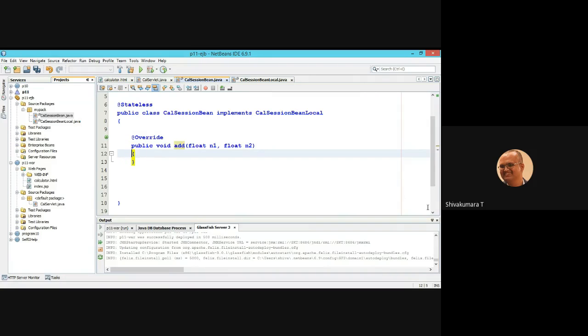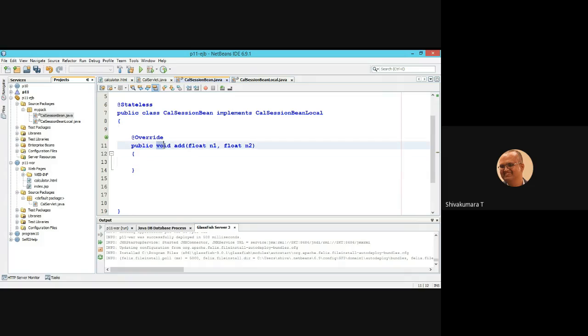Now, System.out.println. Instead of that, I'm returning the value.